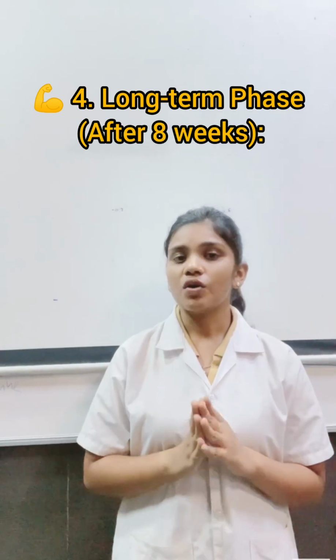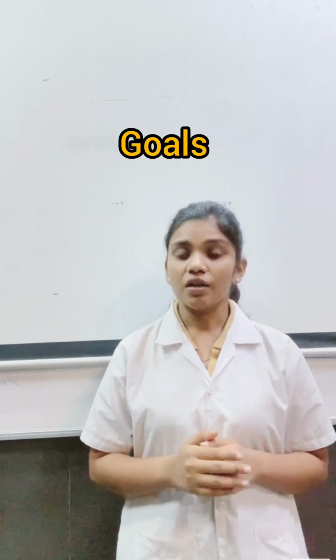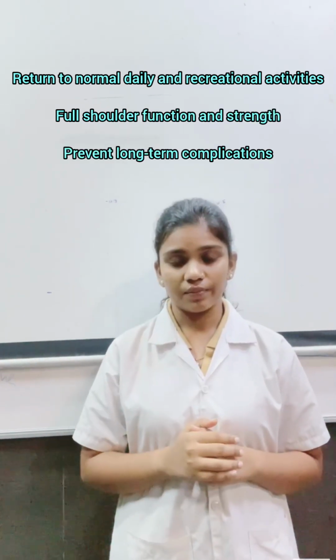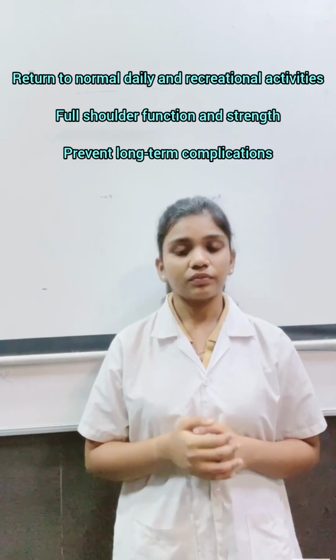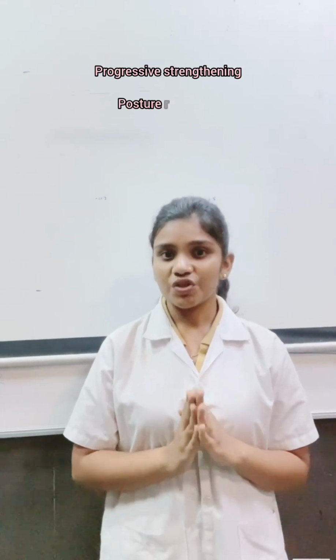Fourth one is the long-term phase that will come after the 8 weeks. The goals are to return to normal daily and recreational activities, for full shoulder function and strength, and to prevent long-term complications. Interventions are progressive strengthening,